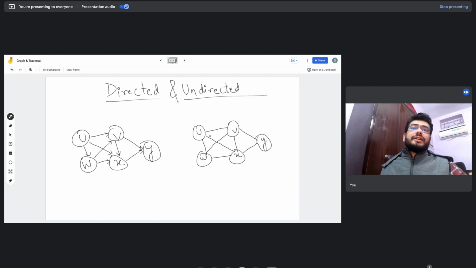Now similarly, if you see the second diagram over here, the edges do not have a direction with them. That is, if there is an edge between u and v, then you can traverse both, that is from u to v and from v to u. So basically this is called an undirected graph, where the edges do not have a particular direction. One of the possible ways to represent an undirected edge, just for understanding purposes, could be that you put an edge from u to v as well as an edge from v to u. So you can traverse from u to v and v to u also. This kind of edge is called an undirected edge, and the graph which has all the edges as undirected is called an undirected graph.